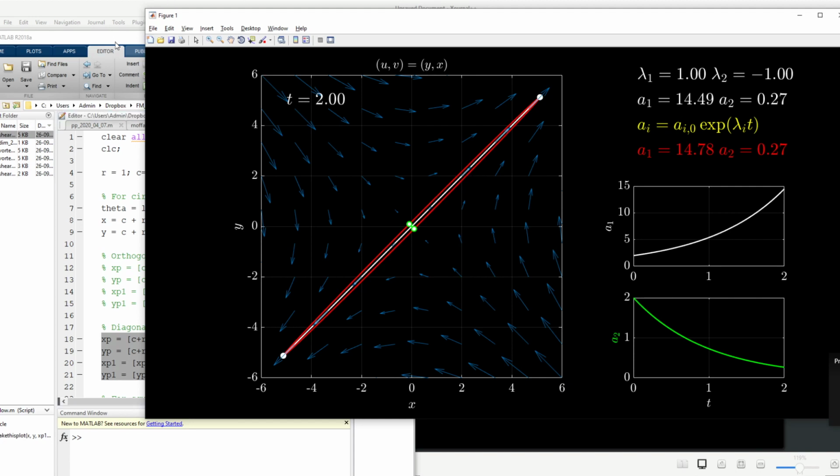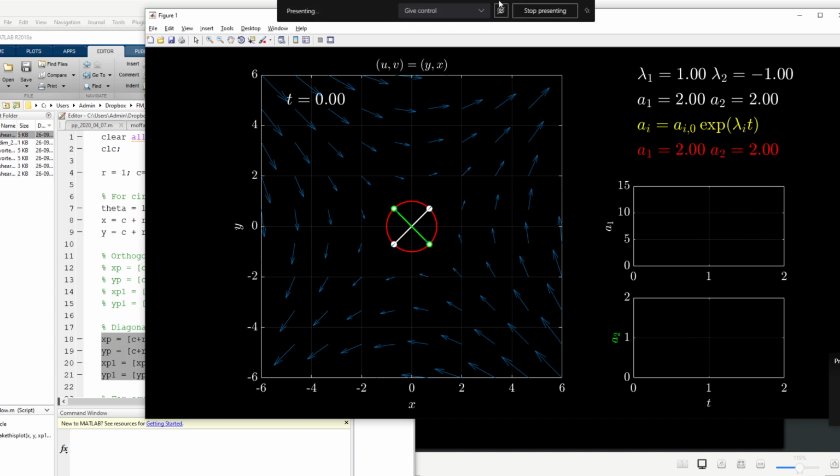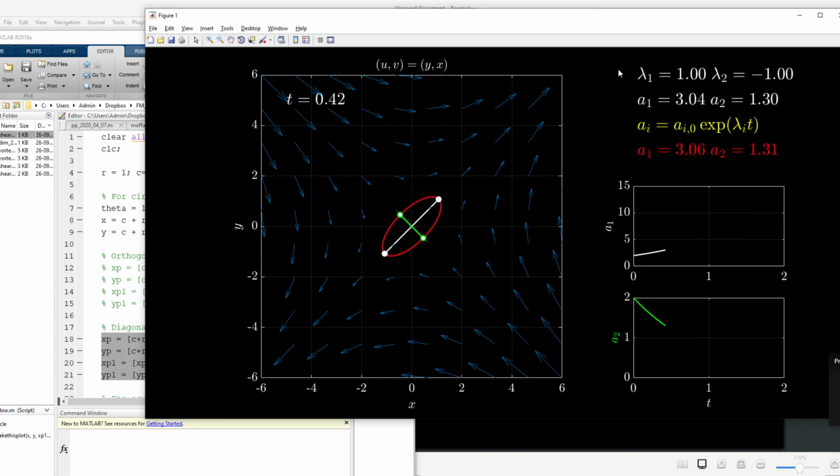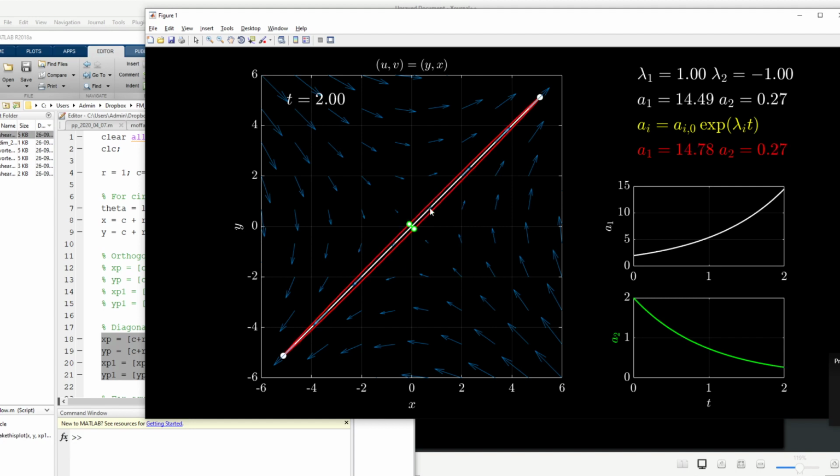So is it clear, this animation? I'll run it one last time. All right, I'm plotting here the rate of the length of this axis and this axis. So the A1 axis is this axis, then the A2 axis is this axis. So the length in the A1 axis increases, the length in the A2 axis decreases, and the increase and decrease are both exponential. Okay, I have also plotted the analytical function. There is small error because the time step leads to accumulation of error. If I reduce the time step, the animation time will be much larger, but this error will go away.